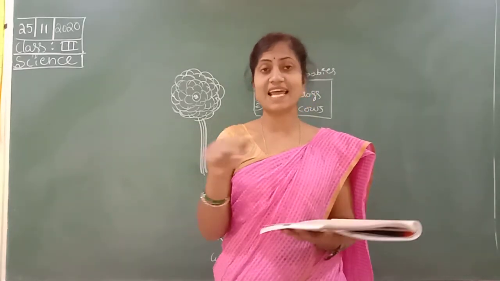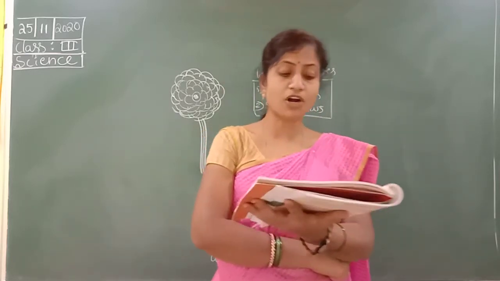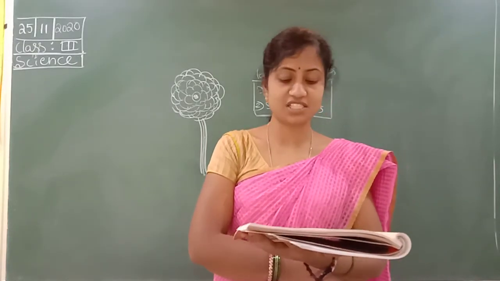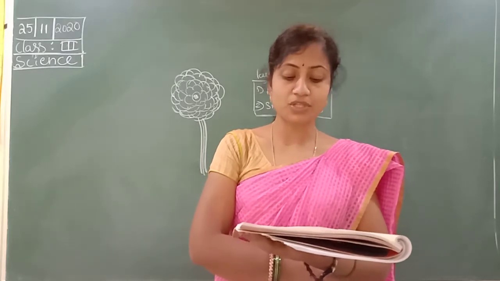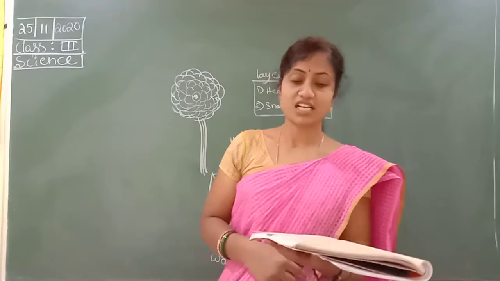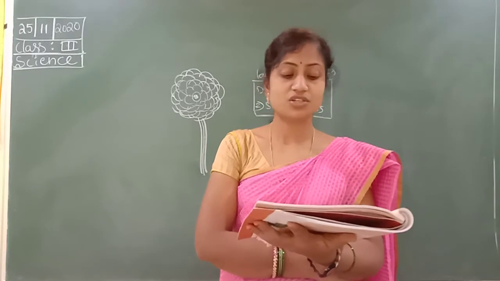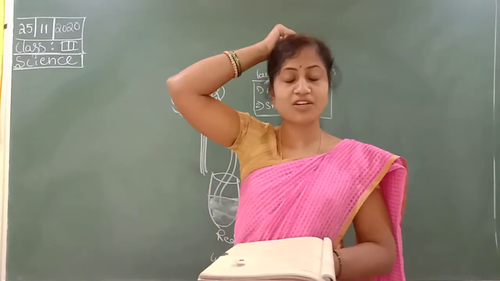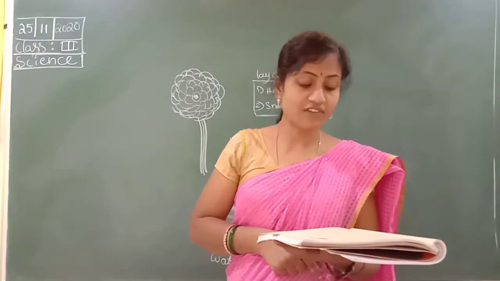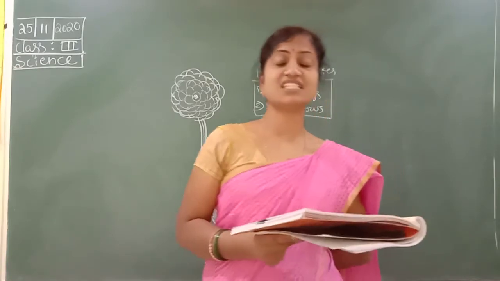So here the student labeled A will come. Like that we have to do the activity. The body will not be able to get energy from food. That belongs to the digestive system. Blood will not be pumped to the different parts of the body. That belongs to the circulatory system, blood circulation. Next, the body will not be able to hear, see, etc. That is the nervous system. The brain gives the order so we can see, hear and talk. Next, the body will lose its shape. That is the skeletal system.